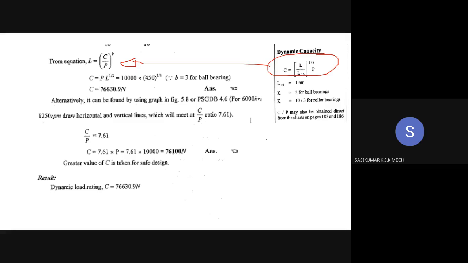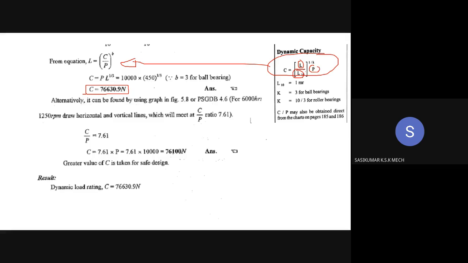And you have L, life in million revolutions, and you have the P load, sorry, radial load acting, and 1 by K is the factor. For ball bearing it is 3, for roller bearing it is 10 by 3. Since it is a ball bearing, you can substitute all those things and you can get the dynamic load capacity C as